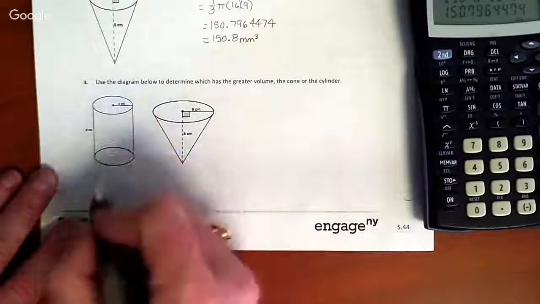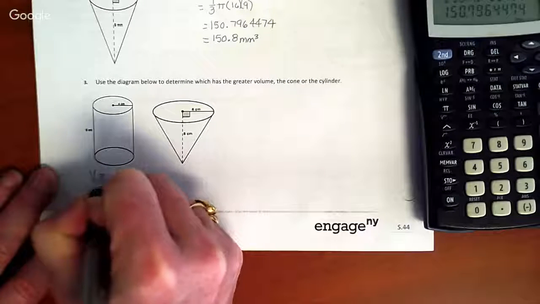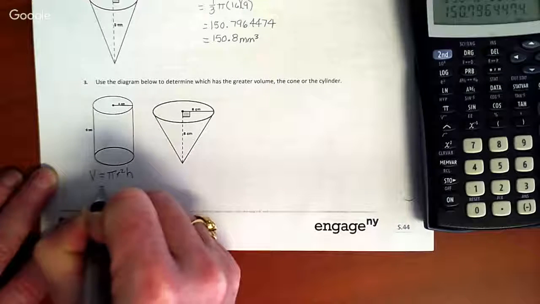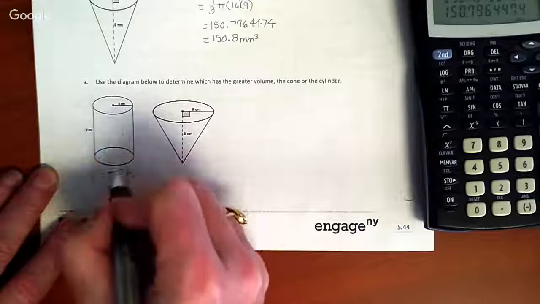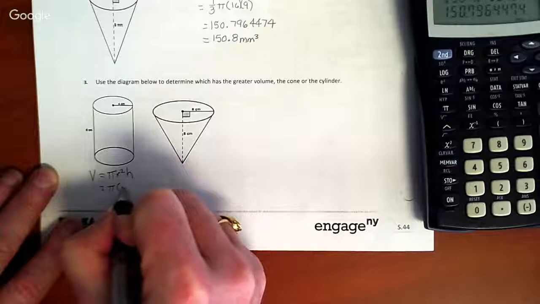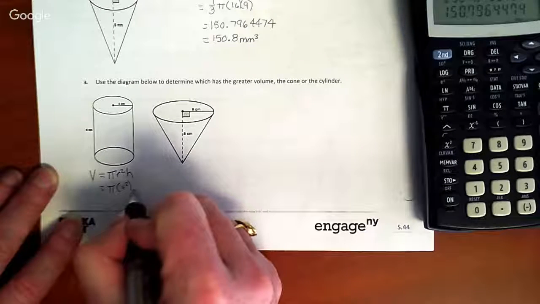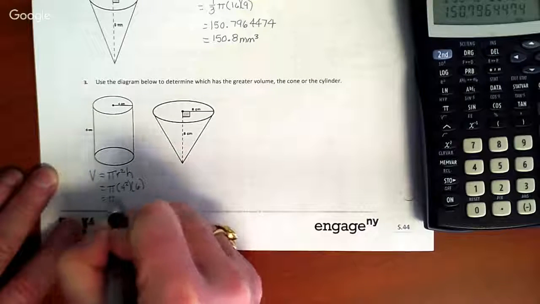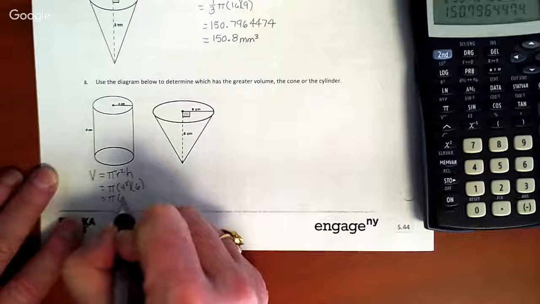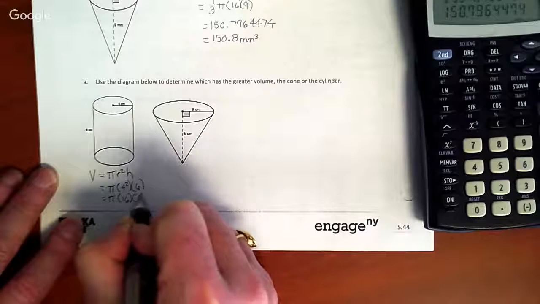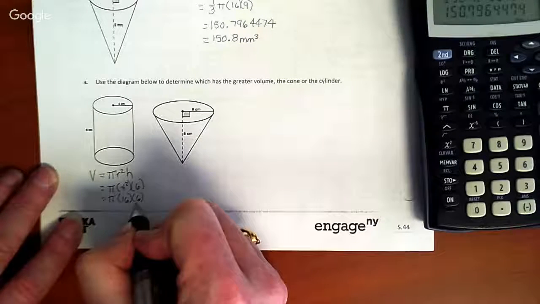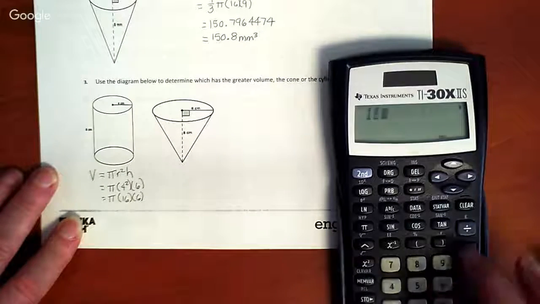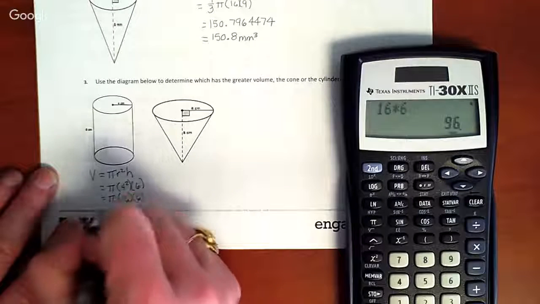For the volume of the cylinder, I have volume equals pi r squared h. So pi, our radius is 4, squared, times our height is 6. So we have pi times 16 times 6. So we have 16 times 6. So we have 96 pi